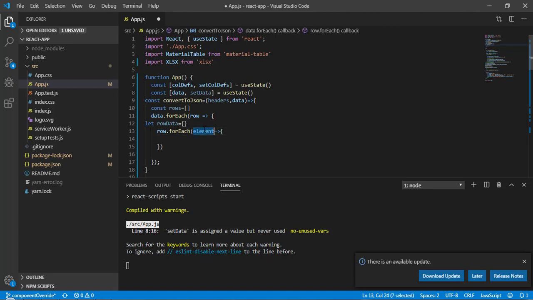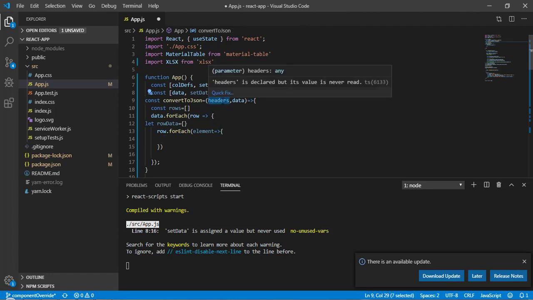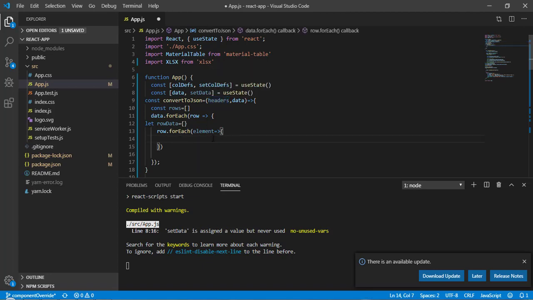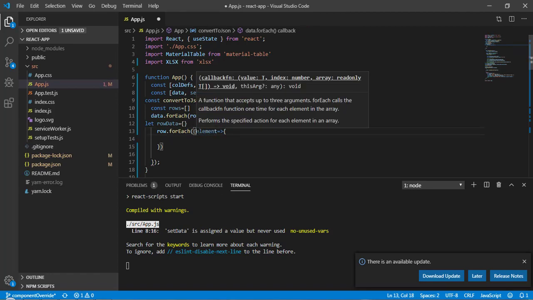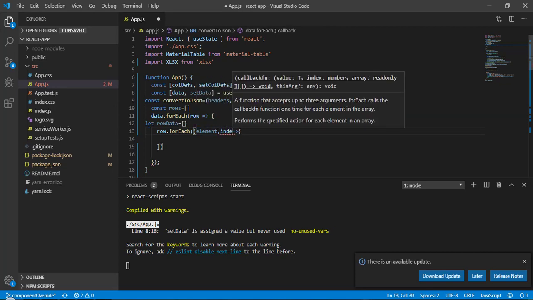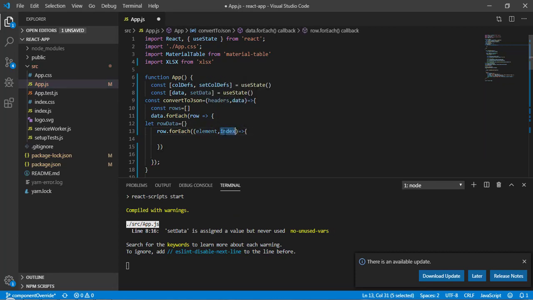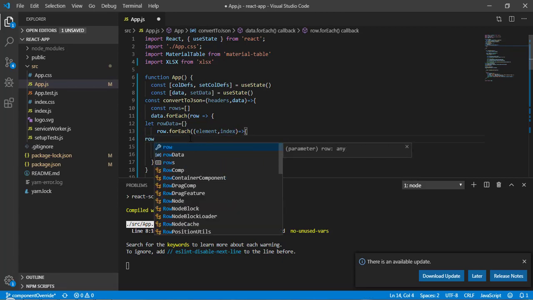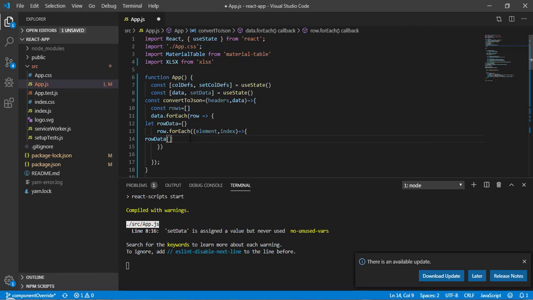Whatever value I am getting in element, we have this value, but we don't know the key. For that, I will use these headers, right? Because our header is going to act as a key. For that, I need to get the index. So element, I will write in brackets, and here I can pass a second parameter and call it index. Now I will write rowData, and inside this I can pass a key name.